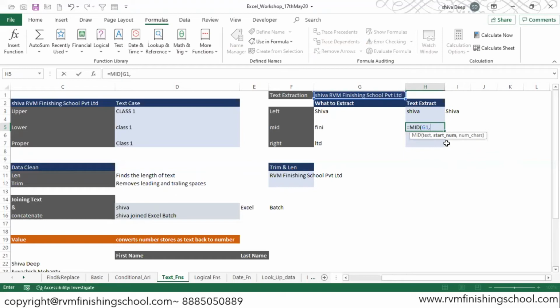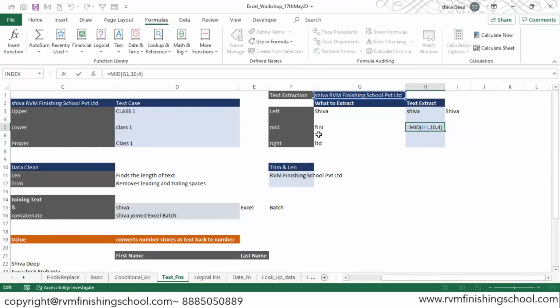Where do I need to start? I need to start from this letter F, because I need F-I-N-I, 4 letters. Excel does not know where to start, so we need to tell Excel where to start. So let's count: 1, 2, 3, 4, 5, space, 5, 6, 7, 8, 9 and 10. Start at 10, and how many characters? 4, because Fini has 1, 2, 3, 4. And hit enter.